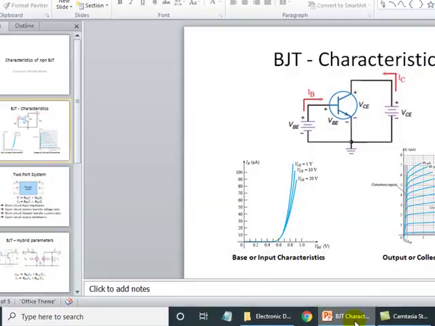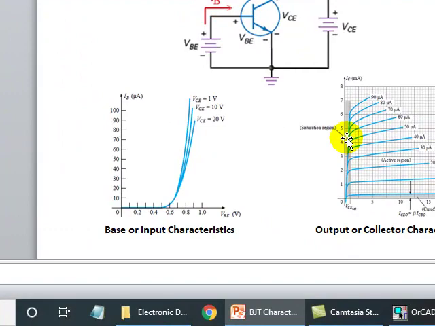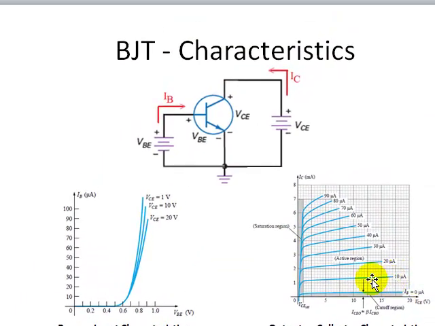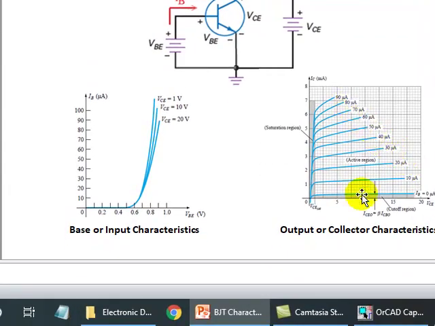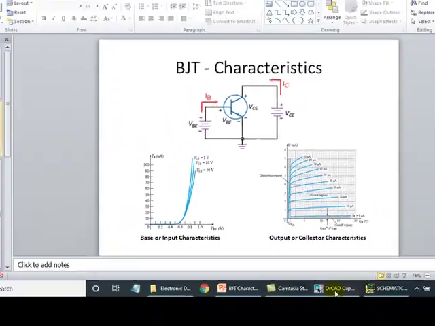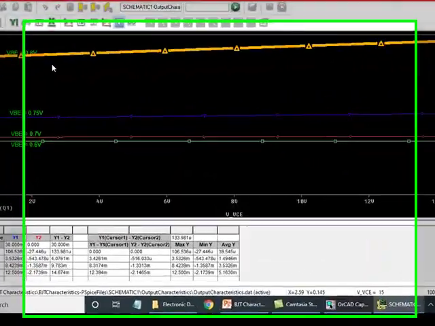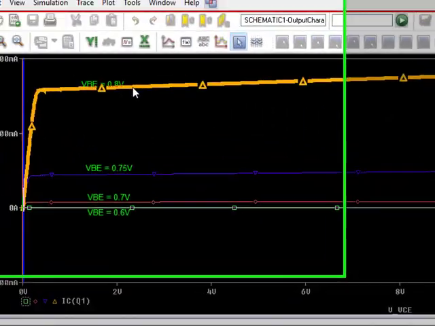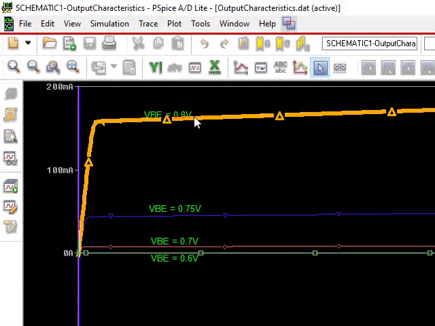If you compare the output characteristics with the sample graph that you get from the datasheet, you can note down that the output characteristic curve is plotted, and the base current corresponding to the characteristic is also shown. As you can see here, it is 10 microampere, it is 20 microampere, and so on. However, we did not get that in our graph. So there is one way to obtain what is the base current that is flowing with respect to this particular curve.